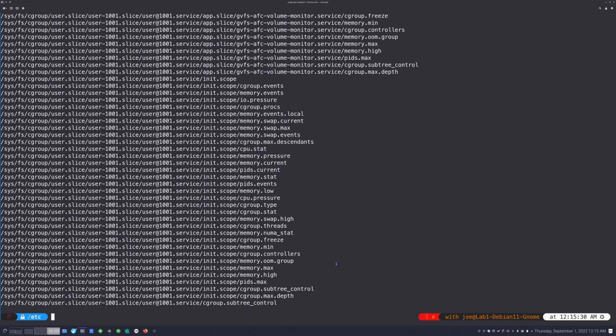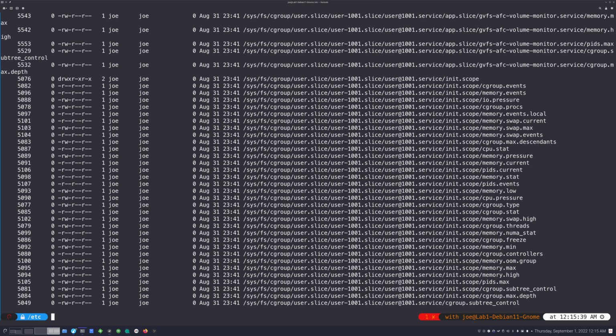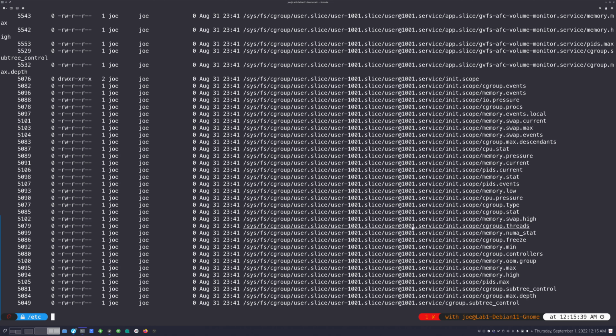And then you can also do -ls, which will long list them. And that will allow you to confirm that it is, in fact, finding files that are owned by Joe and then Joe as well. So that's pretty cool. And it gives you the whole path and everything. It's a really nice way of looking at the files that you're trying to find there.